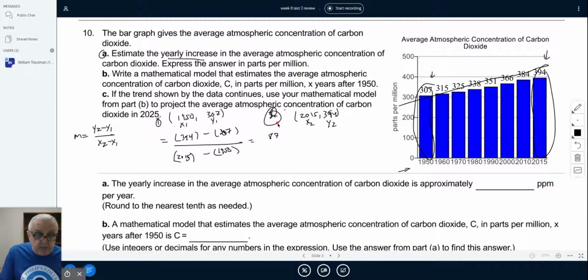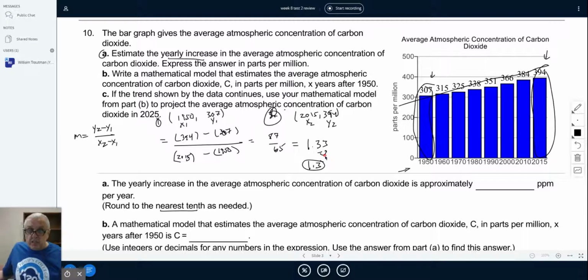And the bottom, 215 minus 150, is 65. So we have 87 divided by 65. And it says approximate to the nearest tenth. Tenth is 1 decimal place. 1.33. If you look at 1 decimal place, you always look at the second decimal place to see if you're going to go up or down. Since it's 4 or less, that first decimal place stays the same, and there's my answer. 1.3